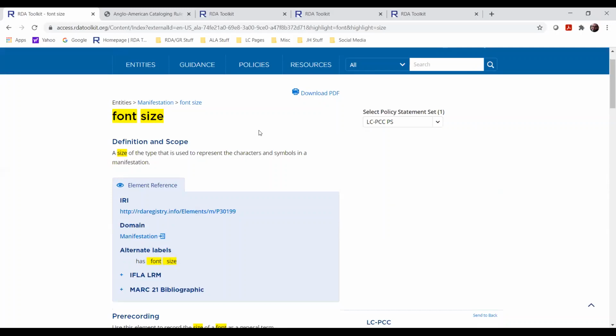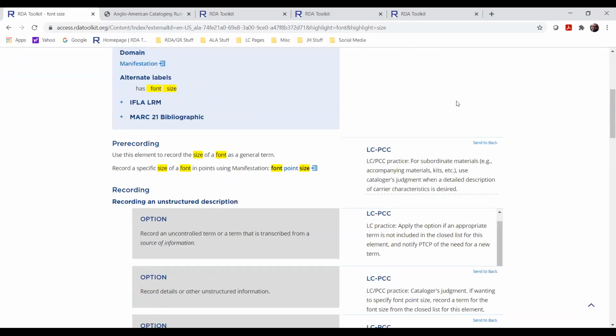I want to show you some of the, oh, I know what I wanted to show you with policy statements. One other, this is a neat little trick. So one of the changes we made with the toolkit was that we introduced responsive design. So the toolkit should display a lot better on tablets and even smartphones if you like to look at your cataloging material on a smartphone. And with these policy statements off to the side, you might think it's going to look awful on a